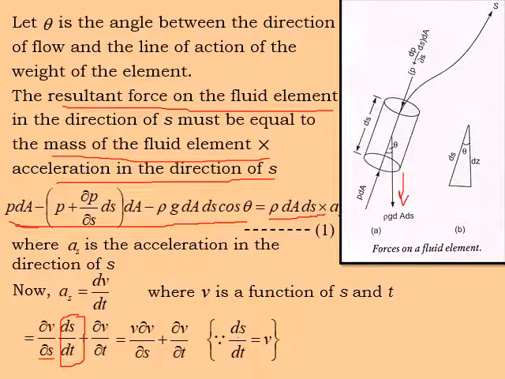That is a velocity. If the flow is steady, at that time the change in velocity with respect to time is equal to 0 or constant. There is no change in velocity with respect to time for steady flow of fluid. So now A of S, the acceleration in the direction of S, is equal to V into dou V by dou S.